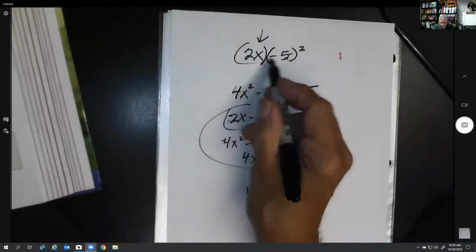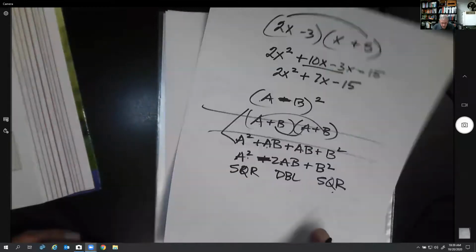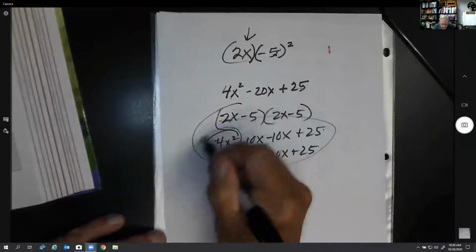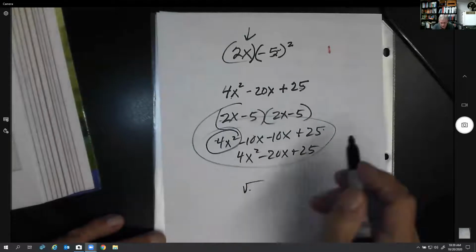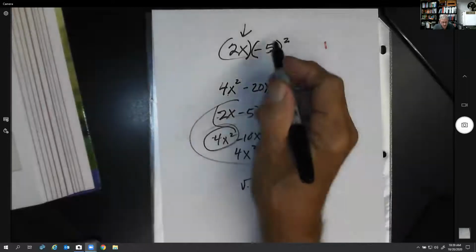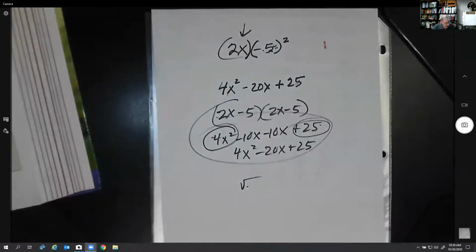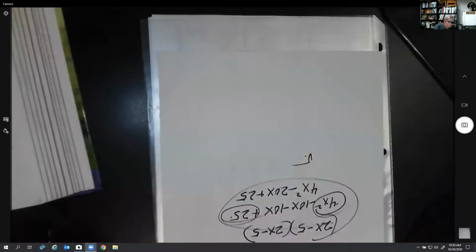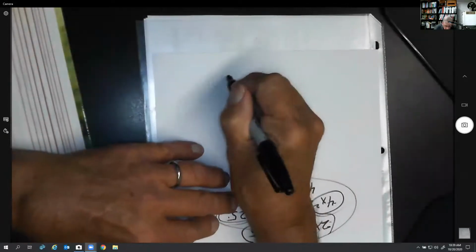So you notice it worked with a minus sign and it also worked with a plus sign. The first term came out positive. The last term came out positive because you're squaring a negative number. That's right. All right, let's try another one just to make sure. Yeah, let's see if they got one in the book we could try. Let's try this. 2x plus 3y